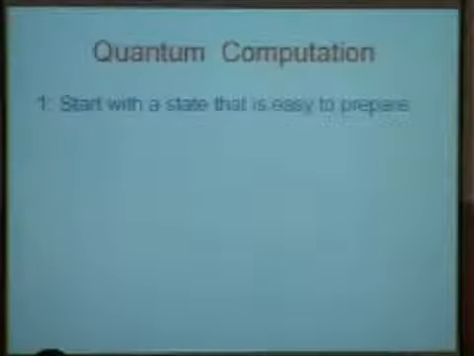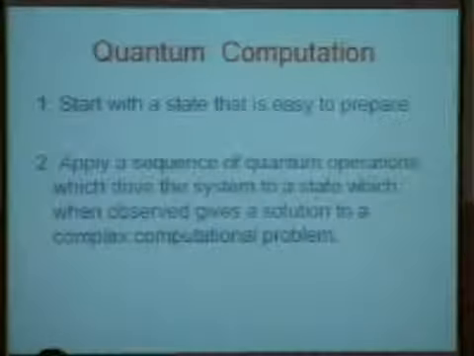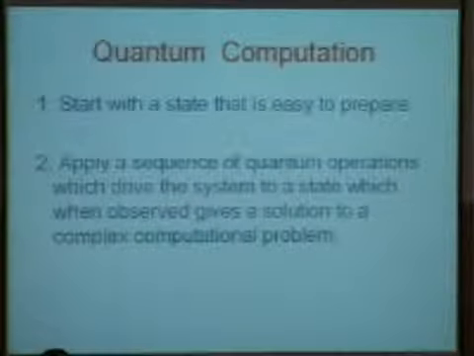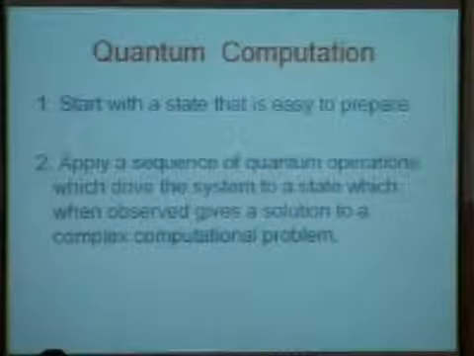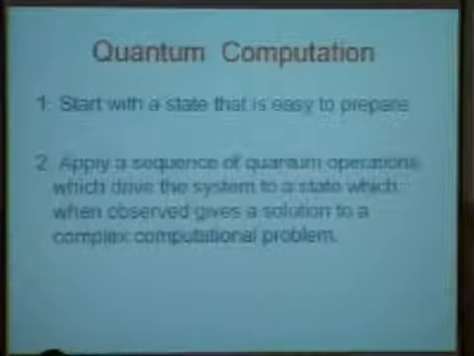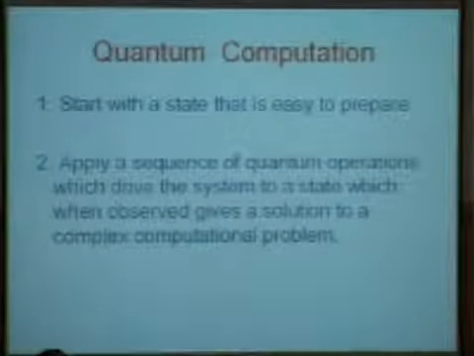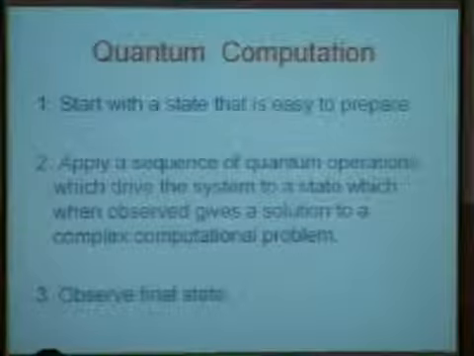So what is quantum computing? You start with a state that is easy to prepare, like all electrons in the zero state, which is a classical state. And then just like you do a digital computation, you apply a sequence of operations which you can analytically show will drive the system to a state which will give you the answer to a complicated problem. It's the same as in digital computation, except the intermediate states will not be 0 and 1 states. There will be combinations, superpositions of state. And at the end, you do a measurement.